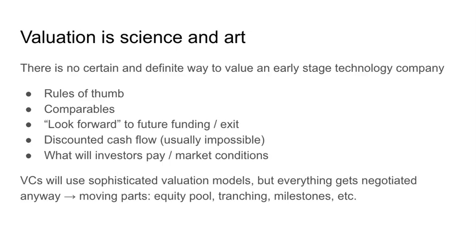Most of these depend on rules of thumb and comparables. Were there any companies like this that got funded in the past? There are ways to look forward to future funding. If you know that companies like this tend to get a Series A that tends to be about $5 million, worth about 25% ownership, then you can bring that back to the present and say, if that's where we're headed, we can roughly estimate what kind of valuation we would expect for the business right now.